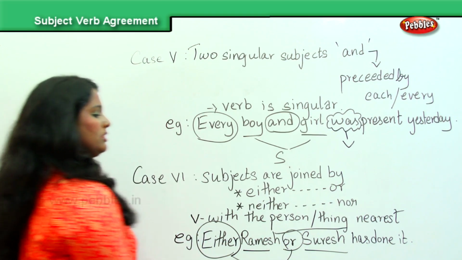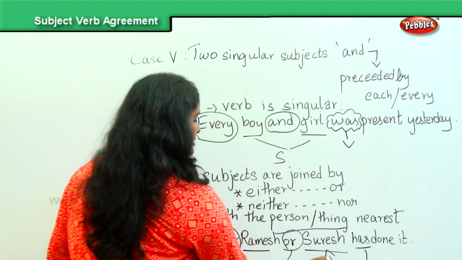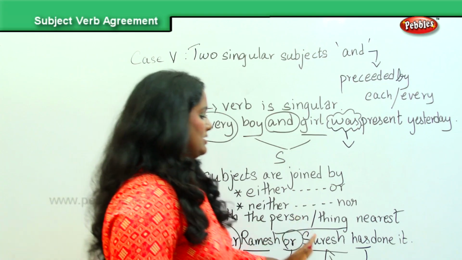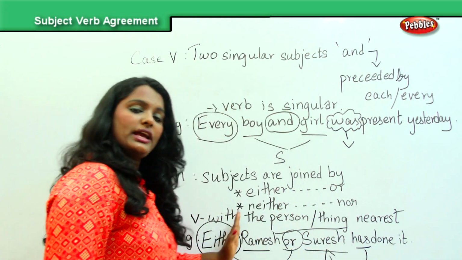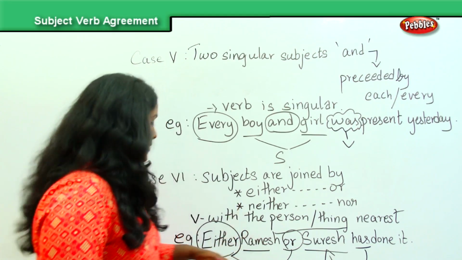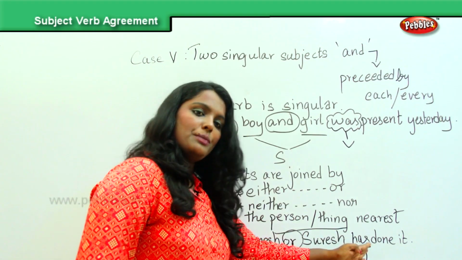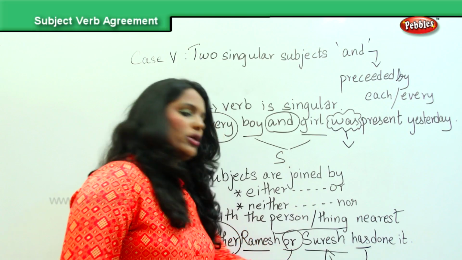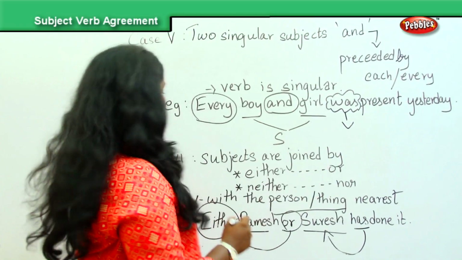So the verb that I use would be corresponding to the nearest subject. So it would be Suresh has done it. See, when it comes Suresh and Ramesh together, I will say Suresh and Ramesh have done it. But when I use either or in this sentence, the verb will always correspond with the nearest subject available,